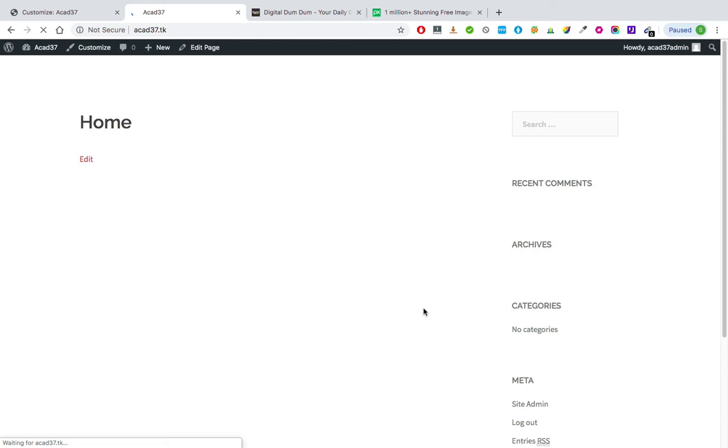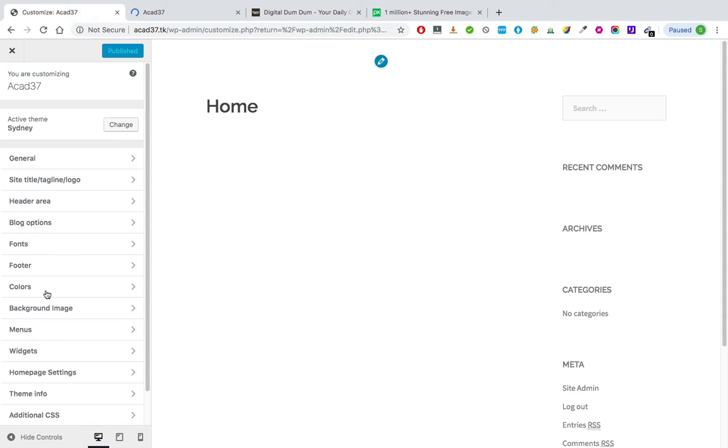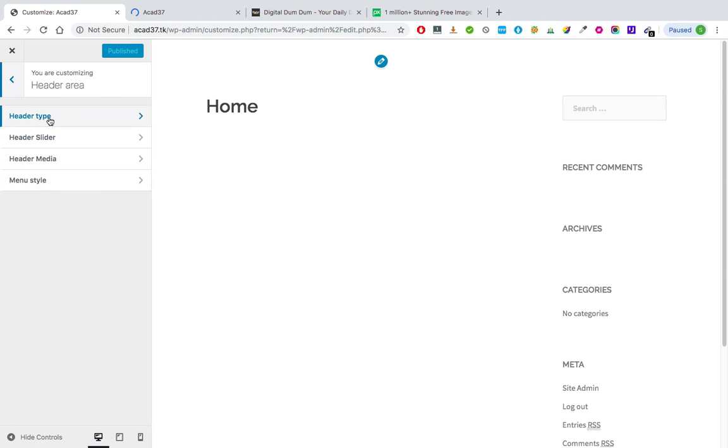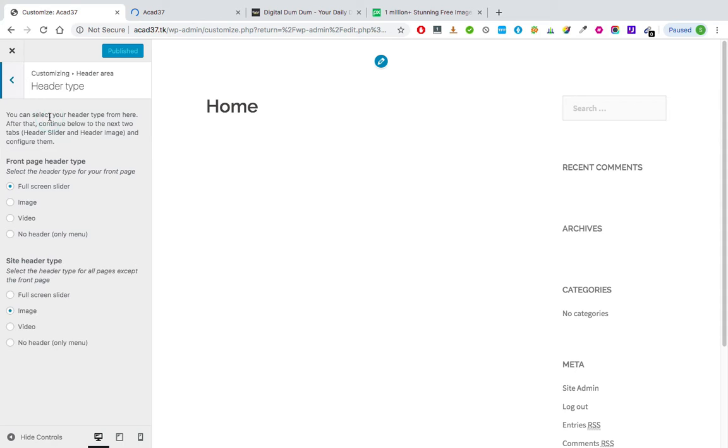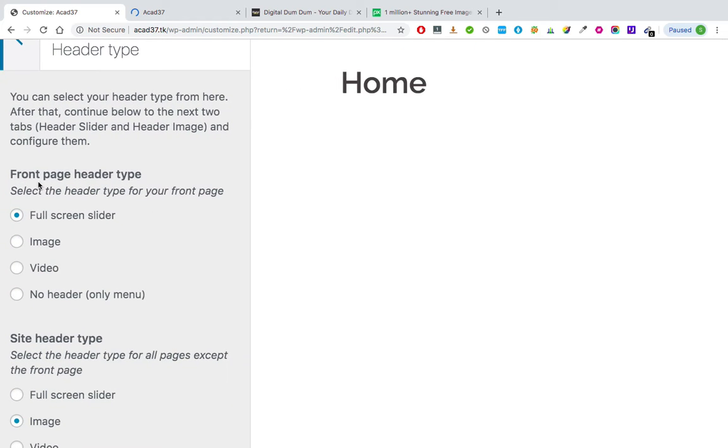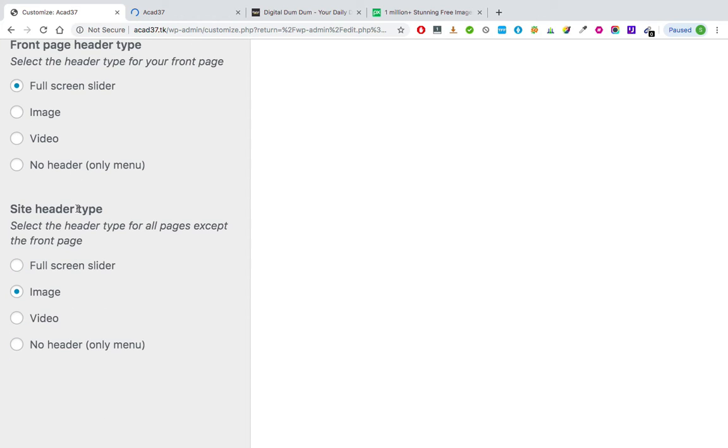One good thing about Sydney theme is on the home page it gives us a huge slider, an image slider, also called a carousel. Okay, so right now the slider is not visible on the home page. Let us see how we add that. So go to the backend and you will go to the header area, and can you see header type? In the header type,